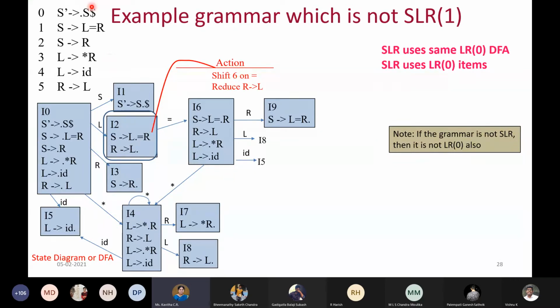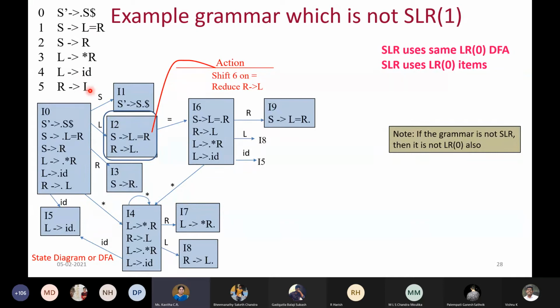If I see the follow set of S, from here it is direct that follow of S should contain dollar. S is not present in any other place, so follow of S is only dollar. And coming to follow of L, what is it? Equals. Do you have L anywhere else? Here we have.